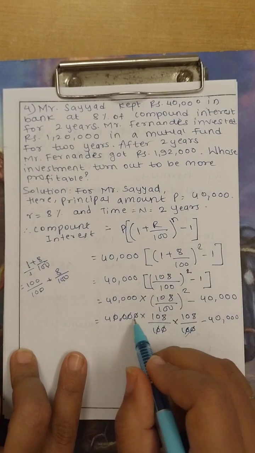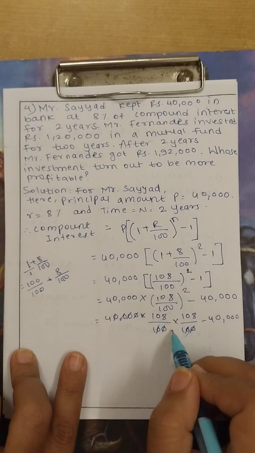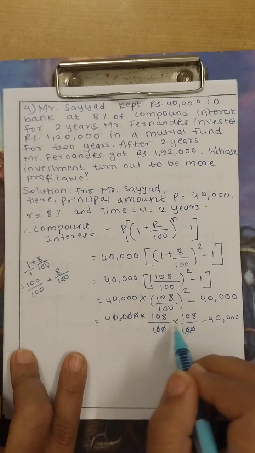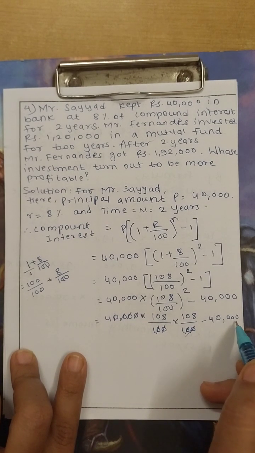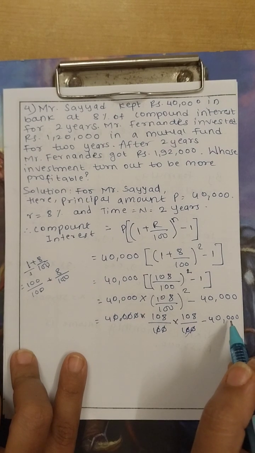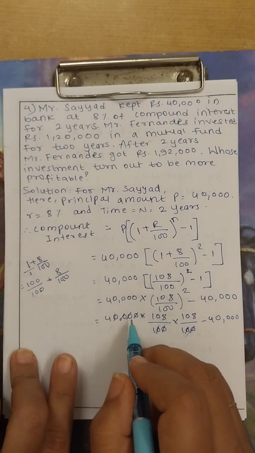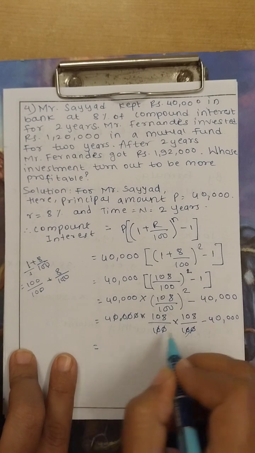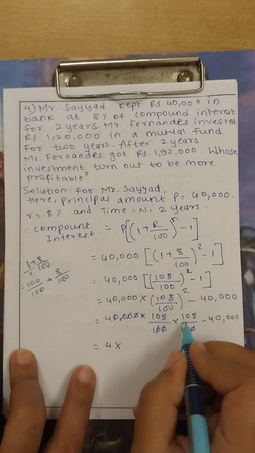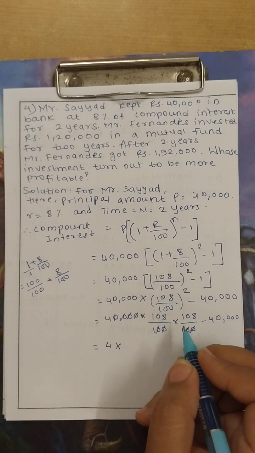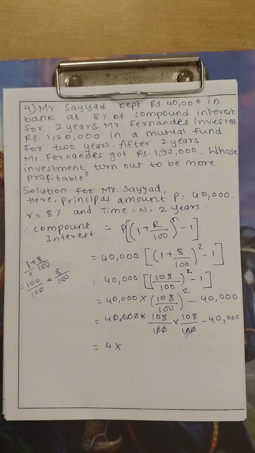This is done only in multiplication, okay, not in addition and subtraction. You cannot eliminate these zeros with this minus 40,000. You have to eliminate with multiplied by 40,000 also, only. 4 into 108 into 108 is square of 108 is